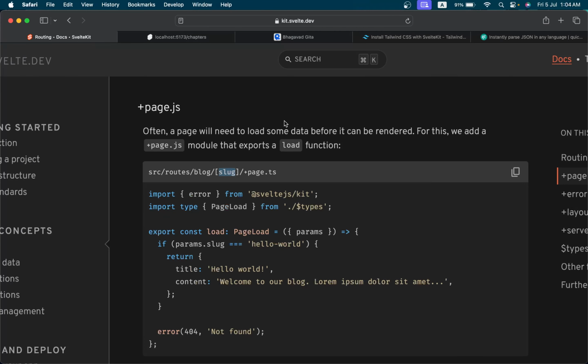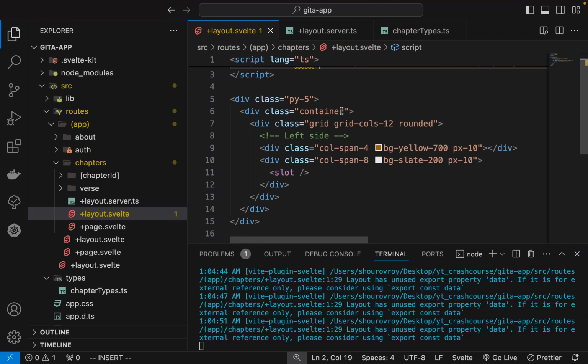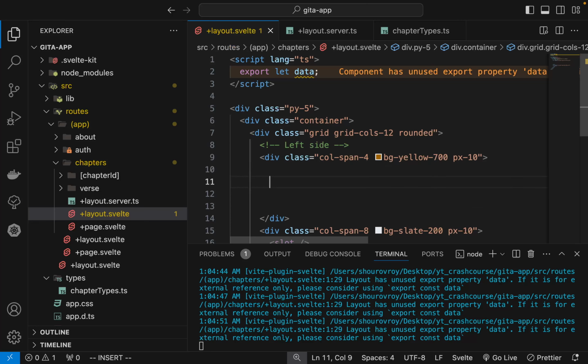I guess it should be this. Now let's use